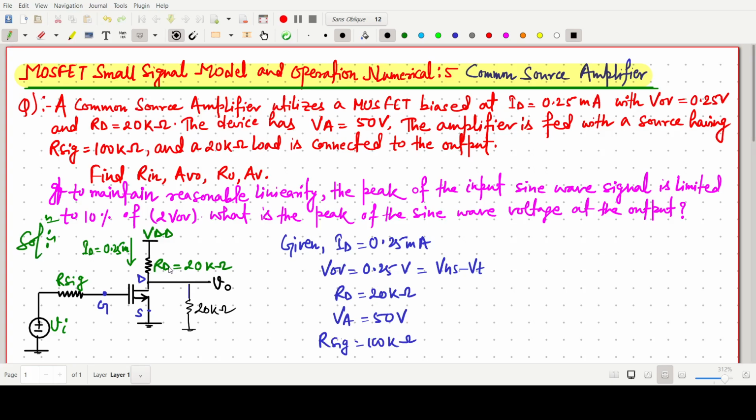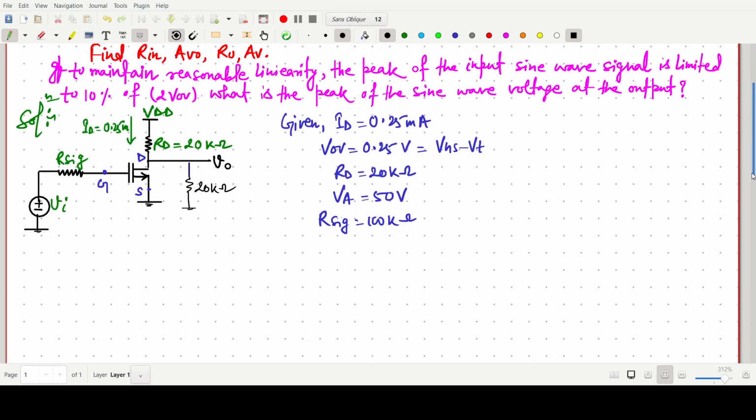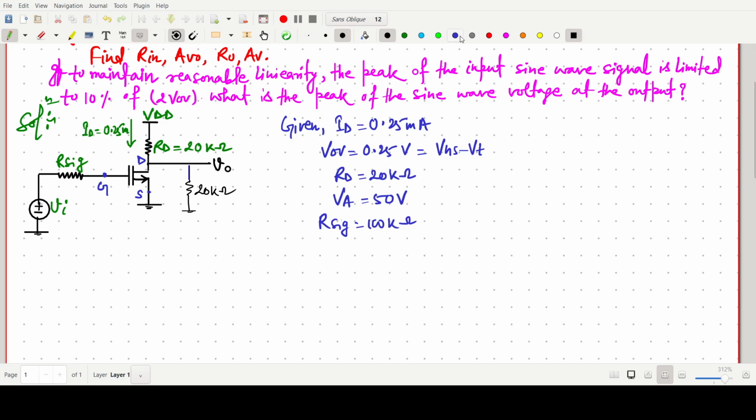Okay, so first of all we have to make the equivalent model by considering this device. This one is the MOSFET, so we have to make the equivalent model. So what we will do, first we have to make the MOSFET equivalent model. Okay, for this purpose what we will do,